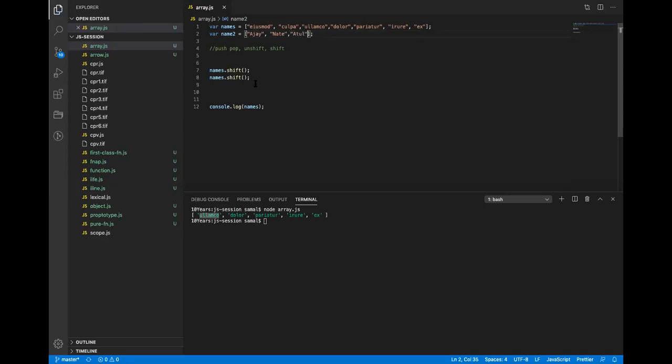But if I try to do names plus names2, what will happen? Do you remember from the very first session, the variable session, arithmetic operation on non-primitive types?